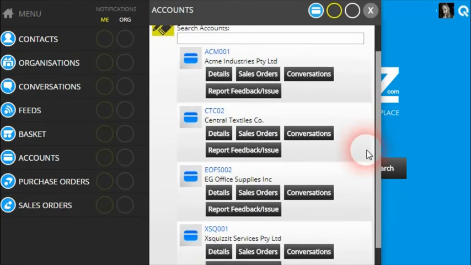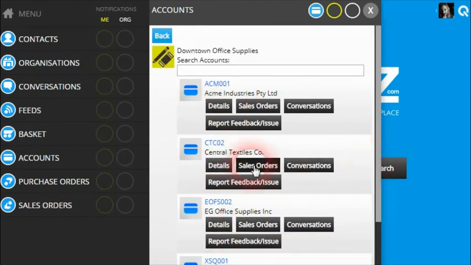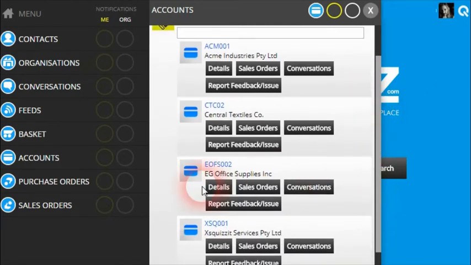As we can see here, there are 4 accounts for each of the different businesses: Acme Industries, Central Textiles, EG Office Supplies, and Exquisite Services. An account, also known as a debtor or customer card, has been created in Downtown Office Supplies' own accounting or ERP system, and that data has then been imported into the Squizz.com platform to allow these accounts to be